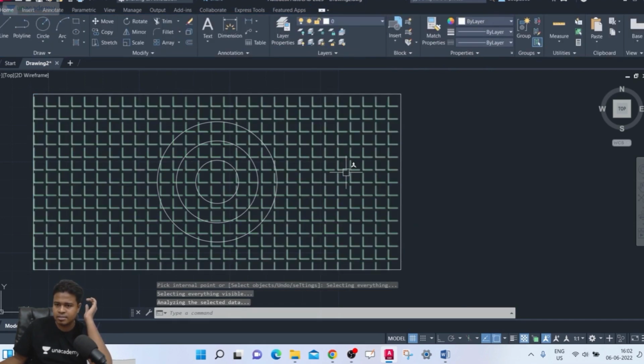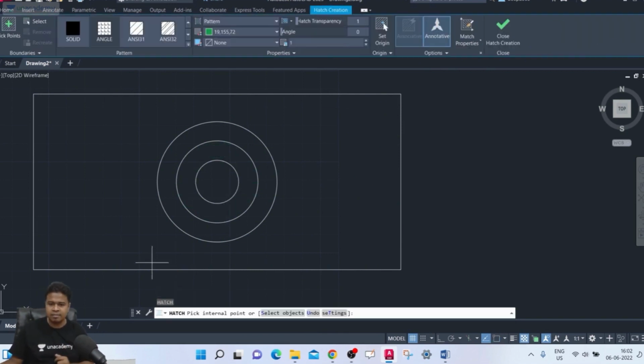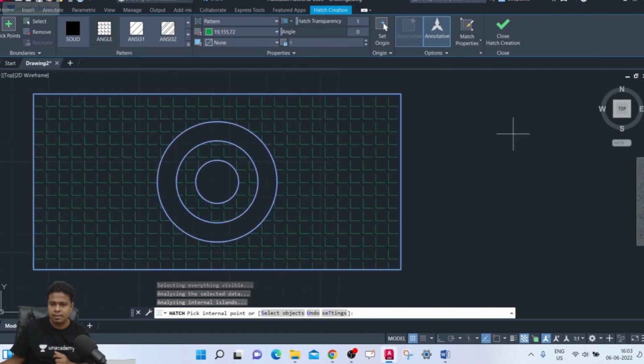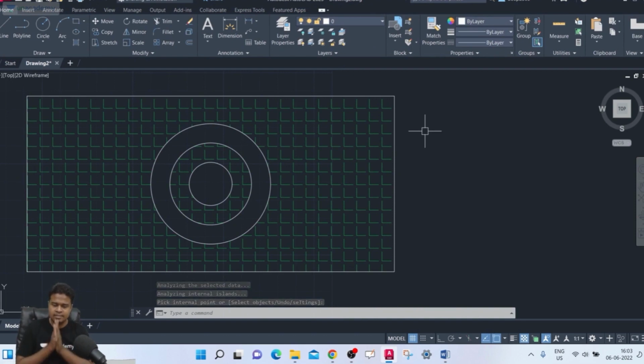one second. Now again restarting the hatch. If I go to hatch, go to pick point. From here, normal island detection is on. See, normal island detection is on. Now select this. Now you will see that with normal island detection, alternate hatch will be done. I hope you got my point. Yes, this is as simple as that. Okay. Now